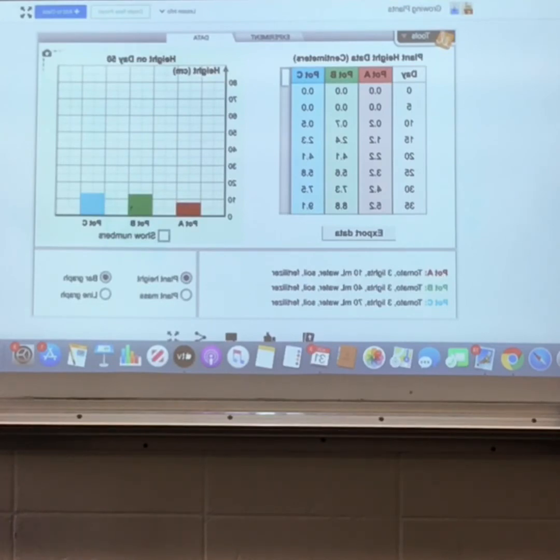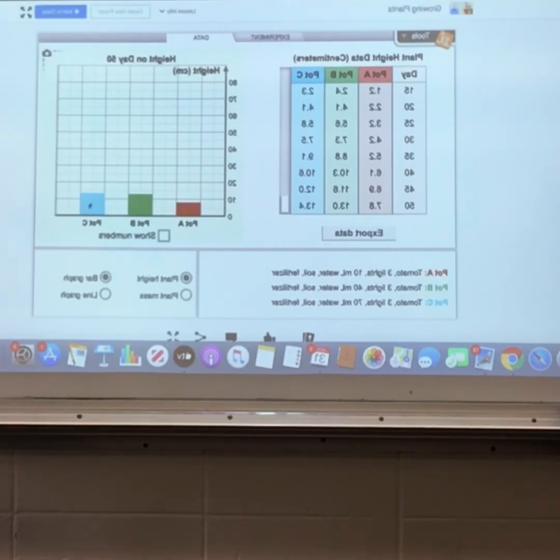Pot B here, again, is 1 tomato, 3 lights, 40 mils of water, soil, and fertilizer. It grew to be about 12 to 13 centimeters, okay? And then pot C, I put 70 mils of water, everything else stayed the same, and it grew to be